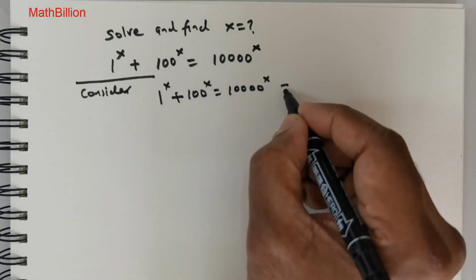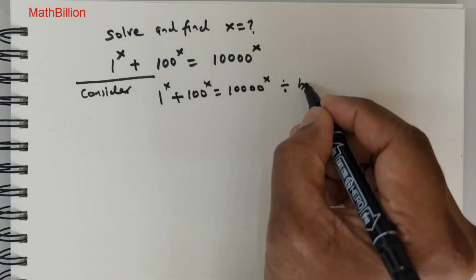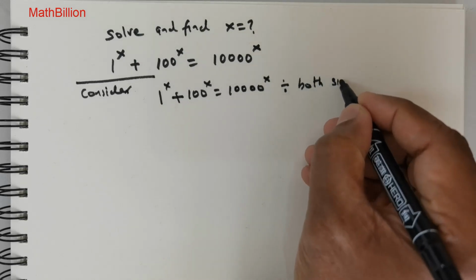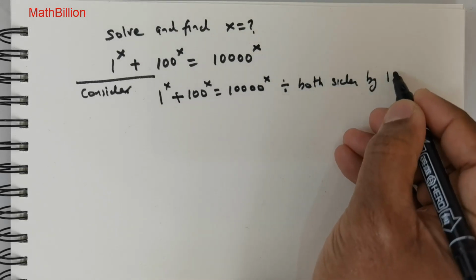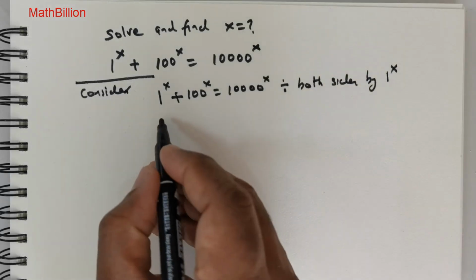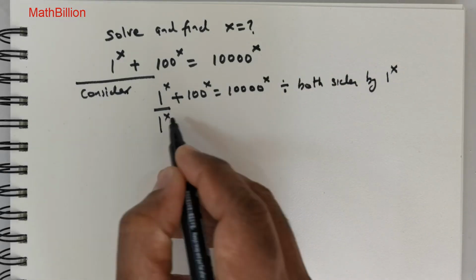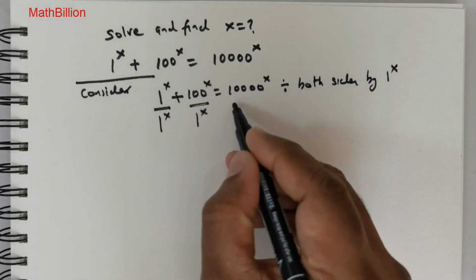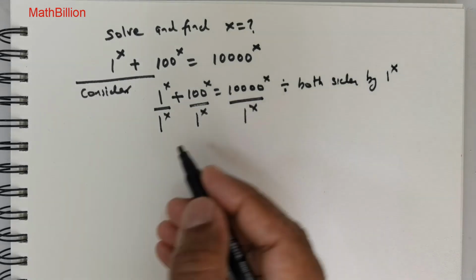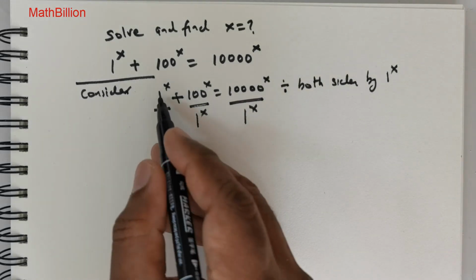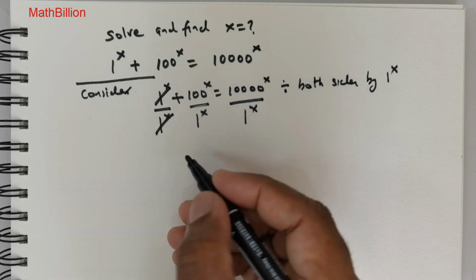Now what I wish to do is divide both sides by 1^x. So this is going to be 1^x, this is 1^x, this is 1^x. Now clearly 1^x and 1^x will be cancelled,